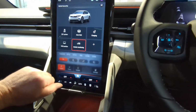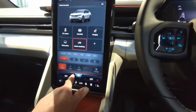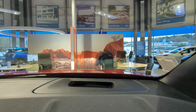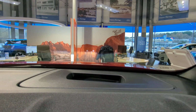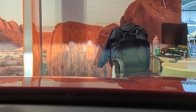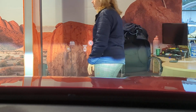We can come across some of the systems that are used on a regular basis. One of the things that you get with a premium as well is heads-up display, which of course, because it's not PDI'd, oh no, that is showing. You may or may not be able to see it there, but just in there is, there we go. Actually, you should be able to see that. So it's telling me it's a 30 mile an hour road. We're not moving at any speed,